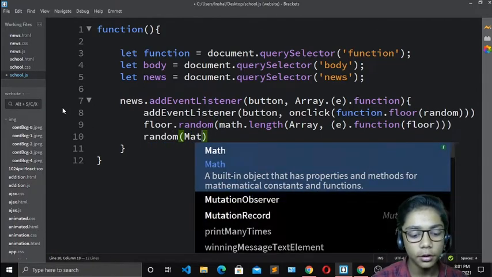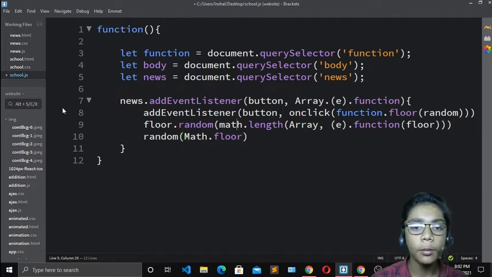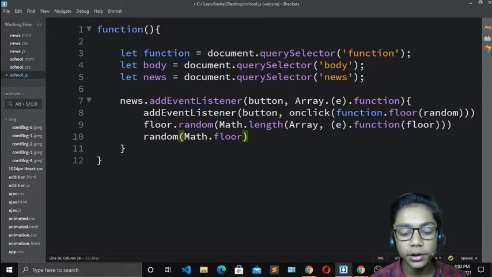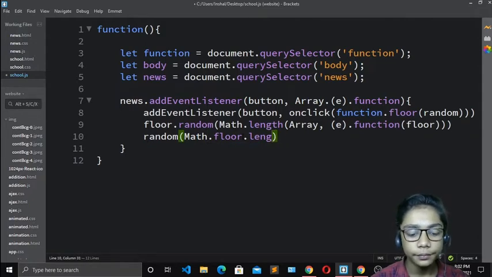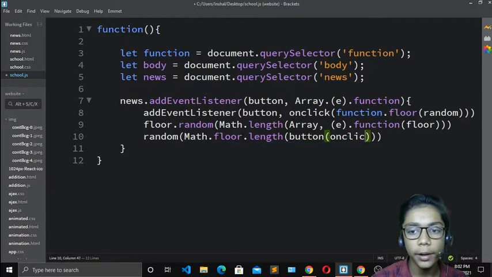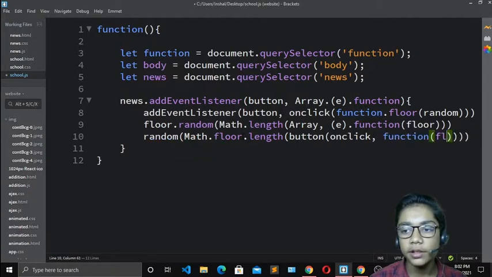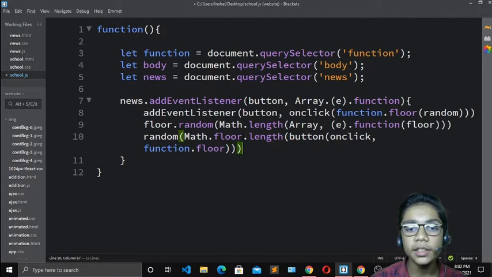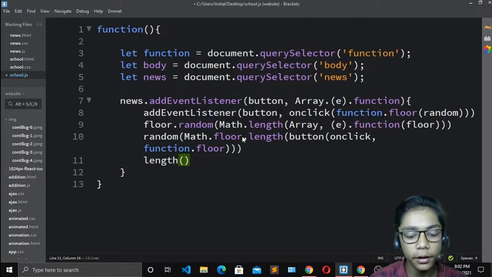So when you've done that, just come and write over here like random math. Okay, it should be capital, so I will write floor. Then come over here and write this M to capital, okay, because I want this M capital, because it is a tag. So I will write length over here and write array, and just you have to write not array, I will write button now, and I will define on click function in my another bracket, then write comma function, write floor. So just you have to erase that bracket, and now I will write floor over here. So floor. So when you've done that, just come over here, and here you have to define anything which is called length. So I will define length, and over here write button and dot floor dot random.